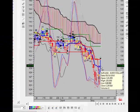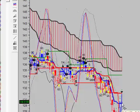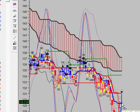As far as entry points, pretty much the same thing as with the Australian dollar. The only difference with the euro currency is that we're looking at a possible entering into what is called a second wave, and in this second wave it's either going to be potentially powerful to the upside or the downside. The ranges, we're going to need to wait for them to contract more, but nevertheless we still have price levels that we're watching. We're looking for that second